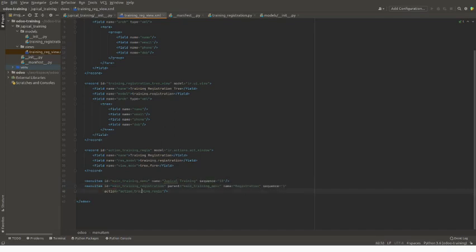And the action is action training registration, which is this action ID. So whenever this menu is clicked, this action will be triggered, and this action will look for the model or the table defined with this name.